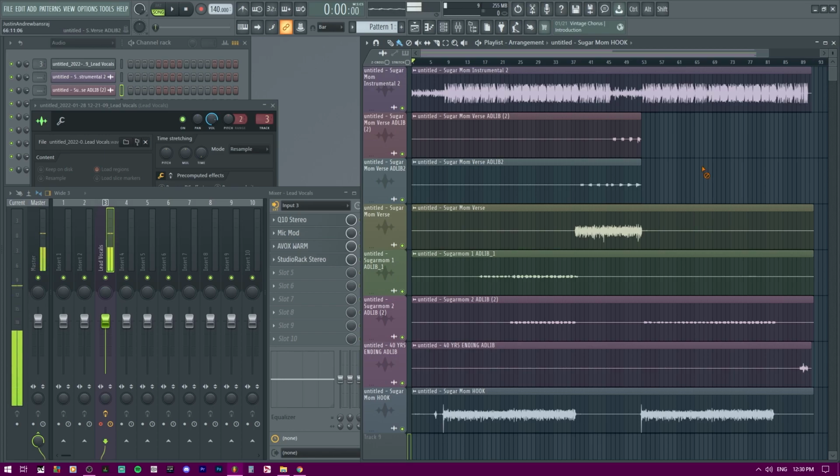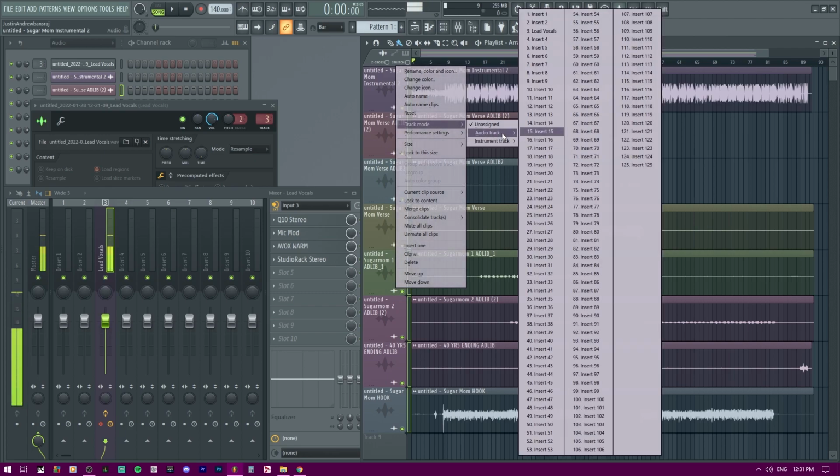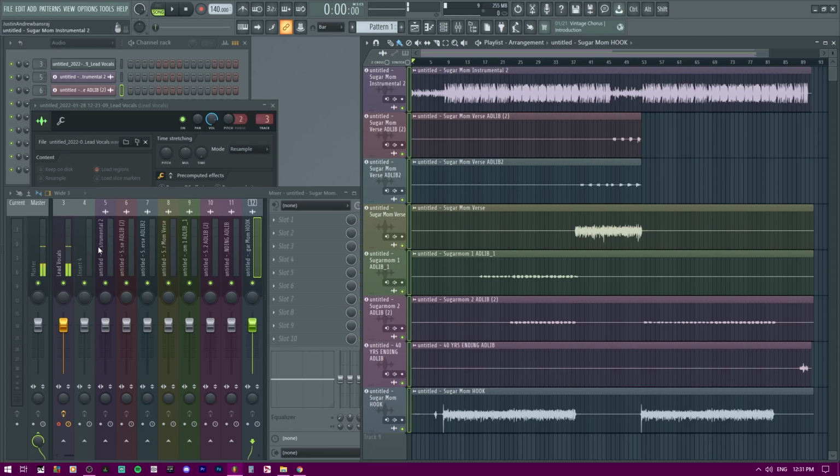On top of that, let's say we want to put auto-tune on all these tracks, of course, except for the beat, right? The way we would want to do this is to have it in the mixer, which we could just right-click, track mode, audio assign, or audio track, we're assigning it. Let's just click insert number 5, for example. There we go. I know it kind of just renamed everything, didn't it? But if I right-click, auto name, bam. Look, in the mixer, it's renamed accordingly. Everything is set.